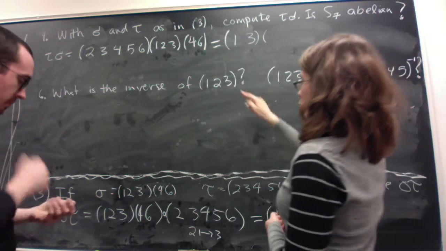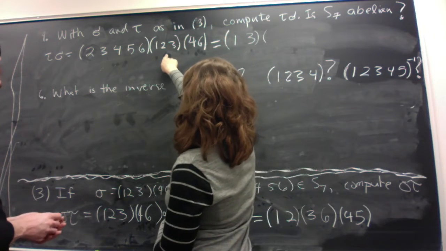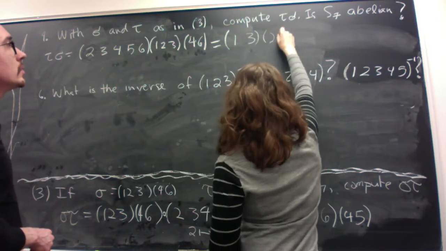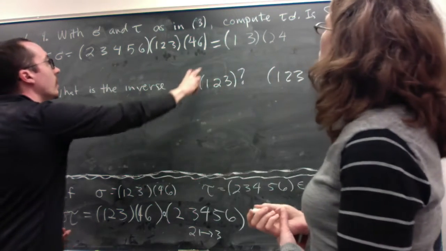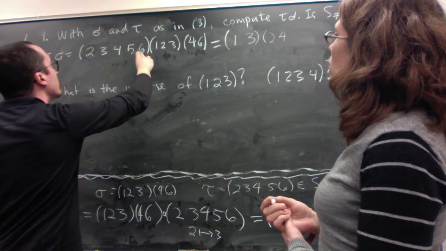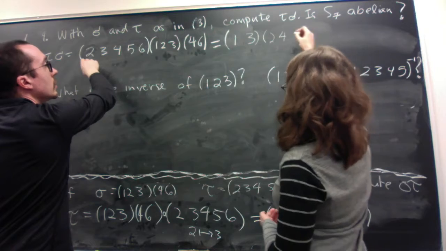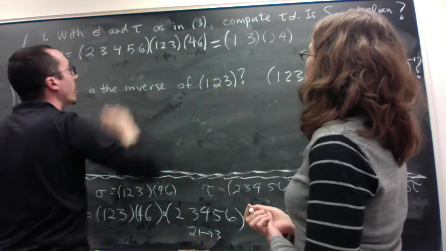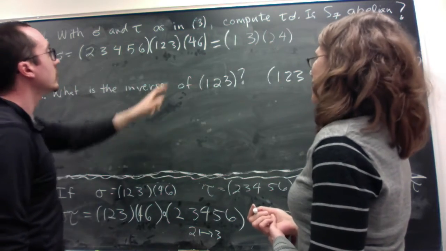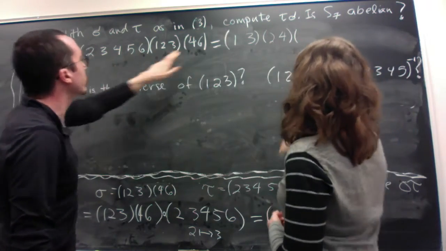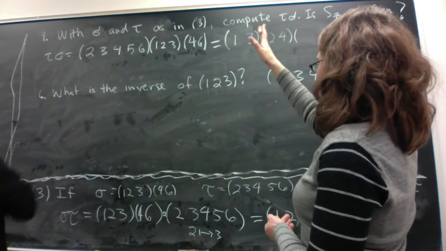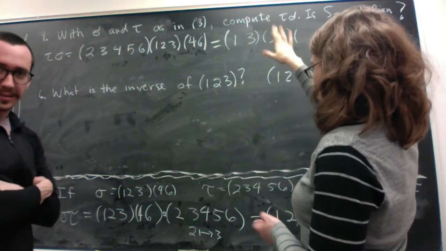Sure. Okay, so 2 goes nowhere. 2 goes to 3, and then 3 goes to 4. Now 4 goes to 6. Nowhere. 6 goes to 2. Wait. Okay, I keep getting confused because 6 doesn't show up there, but we used 6. Right, that's right. So 4 goes to 6, 6 goes to 2, so 4 goes to 2 in total. Okay. Great. So we've mapped 1 to 3, 2 to 4, so now we have to look at where